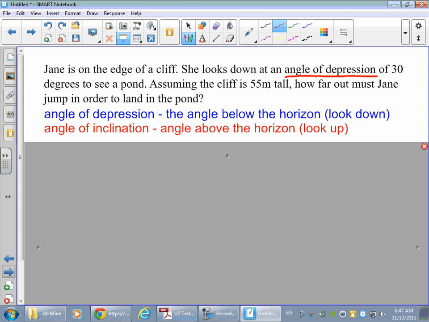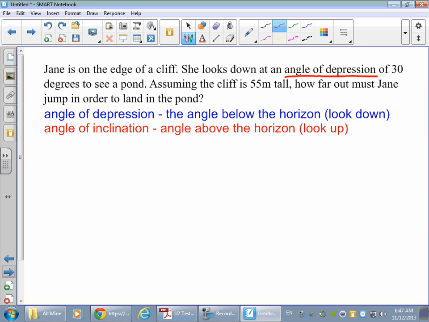Angle of depression is the angle below the horizon when you look down. Angle of inclination is the angle above the horizon when you look up. Okay, so essentially what we're saying is if this is our hero, let's assume he has a ball cap because that's what makes people a hero. The angle of inclination would be from the horizon